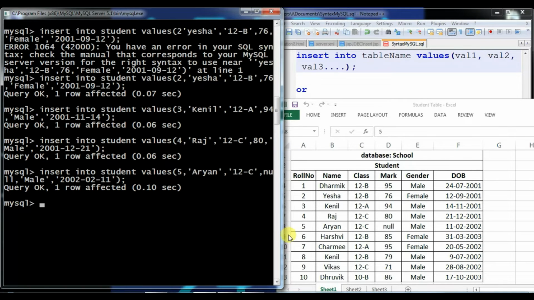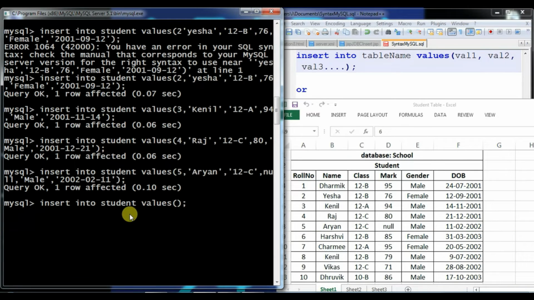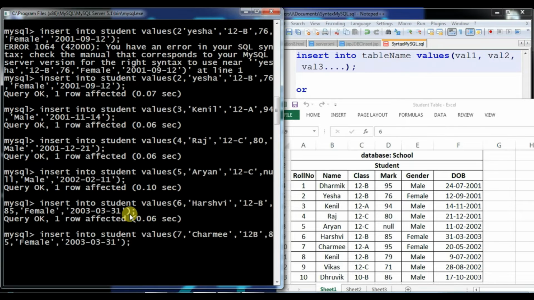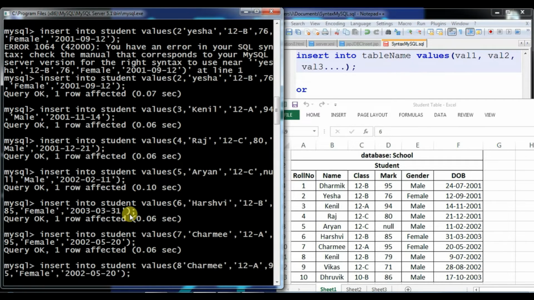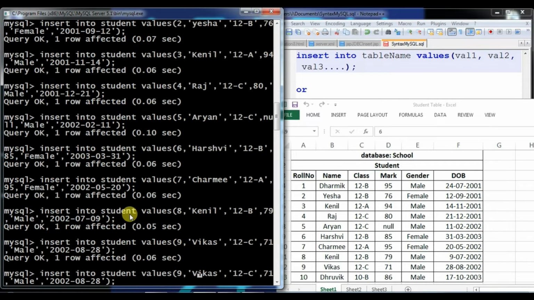Then you can see that 6, 7, 8, 9 and 10 are regular records that I am going to insert as soon as possible. And the last record is 10.